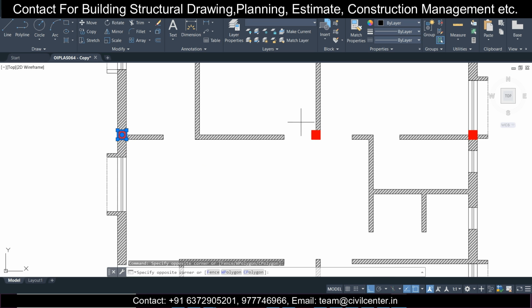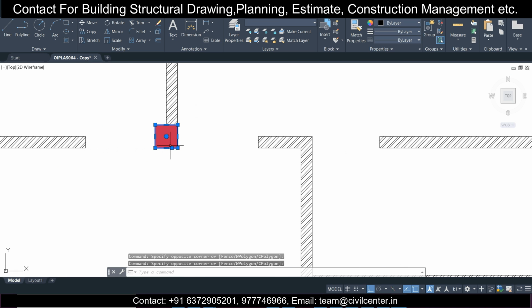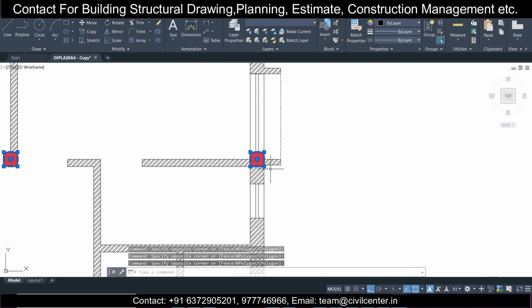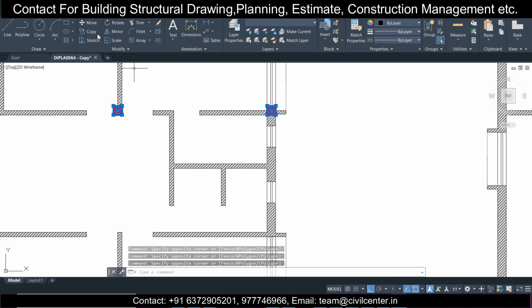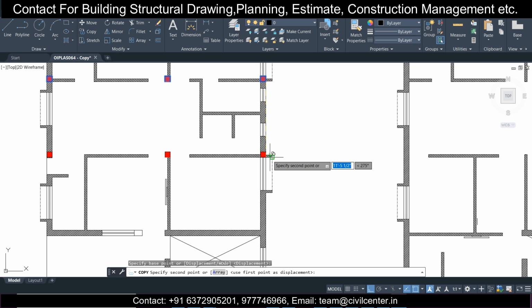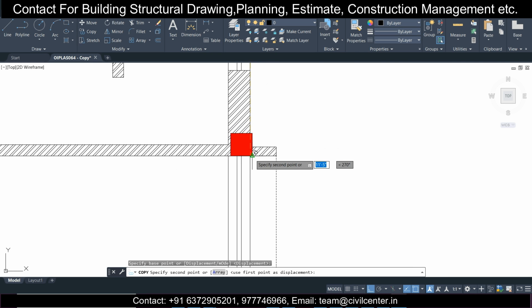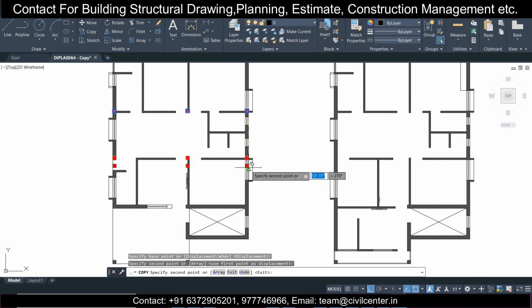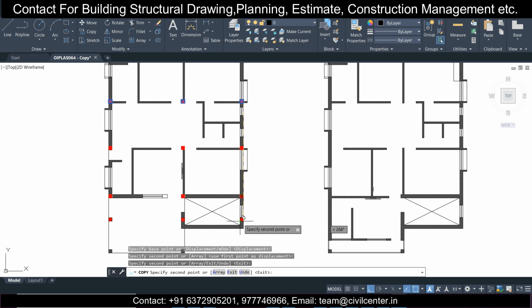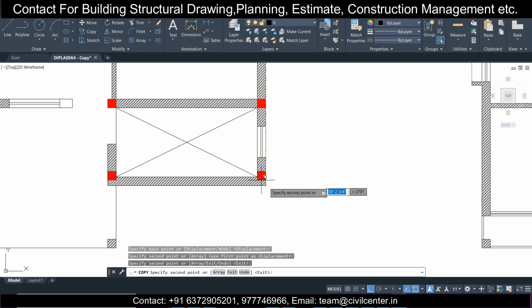So select this. If any additional thing is selected, you can deselect it by pressing shift. Select this, and after that click on copy, and then just do it like this, and next we'll do it like this.